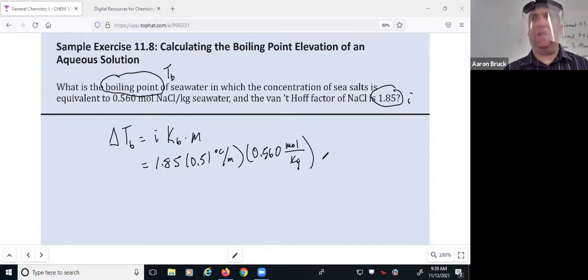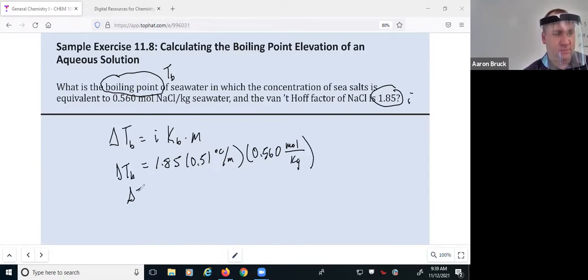That by definition is molality. We don't have to do anything with it. So if I follow through in that calculation, 1.85 multiplied by 0.51 multiplied by 0.560, to two significant figures, I get